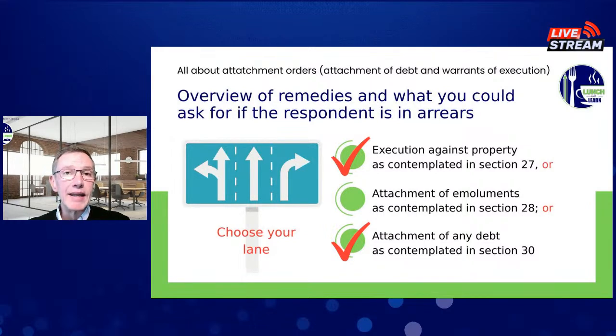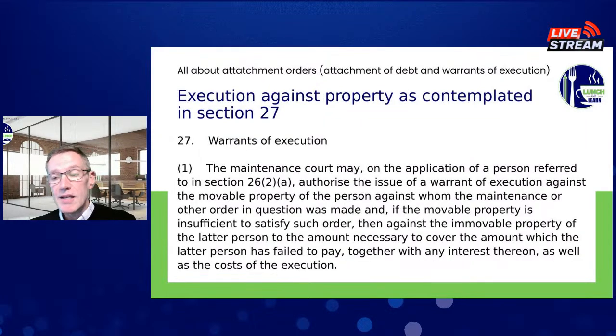So bear that in mind, that it's not a simple process just by going to court and asking for a warrant of execution against property if there is any other remedy that is already in use, which is most often the garnishee order or the emolument attachment order. But for today's webinar, we will be dealing with the execution against property as contemplated in Section 27 of the